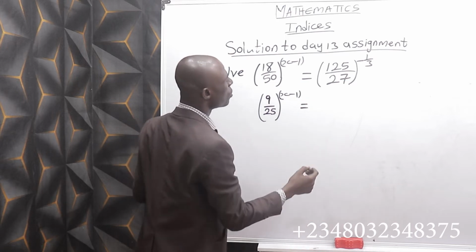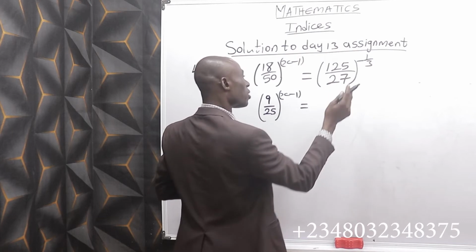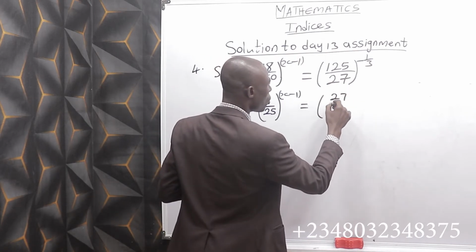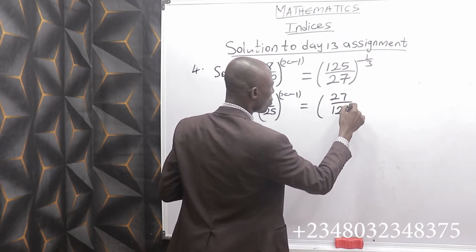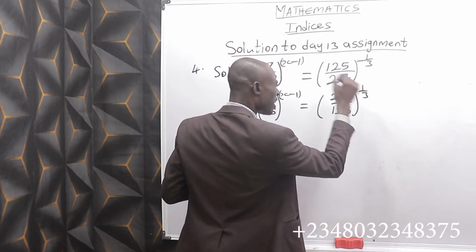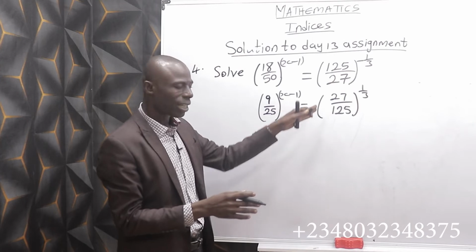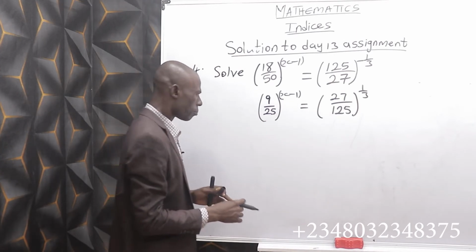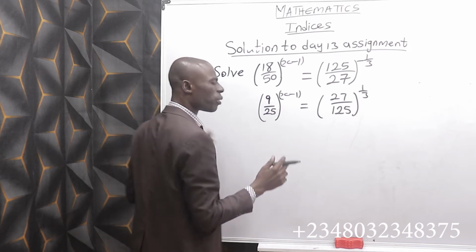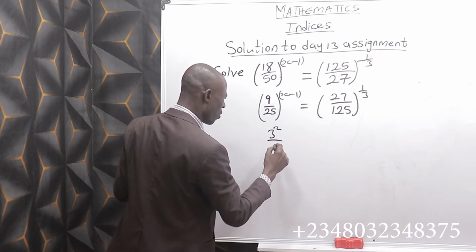which is equal to, remember the law of negative index. 1 over 25 over 27 will become 27 over 125 raised to power 1 over 3. The negativity will disappear because we have found the inverse of the number. 9 over 25 could be raised in index form. How? 3 square over 5 square